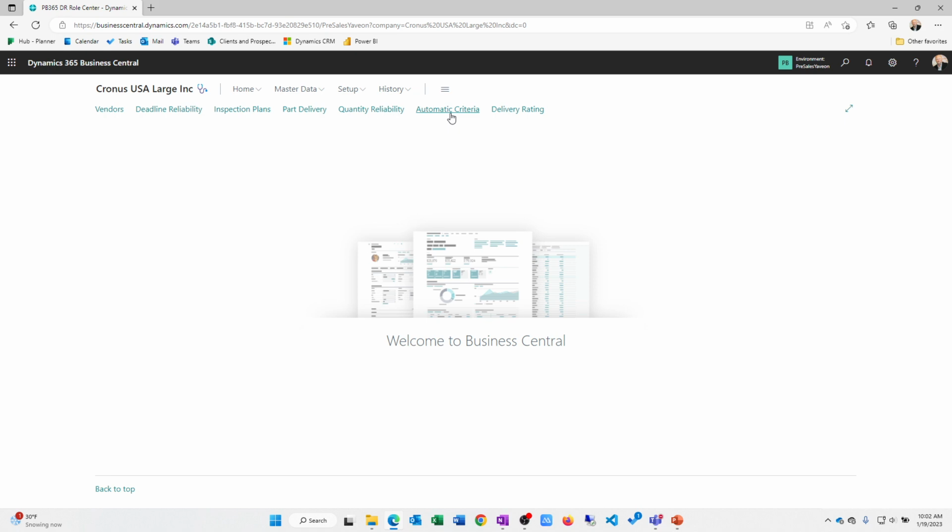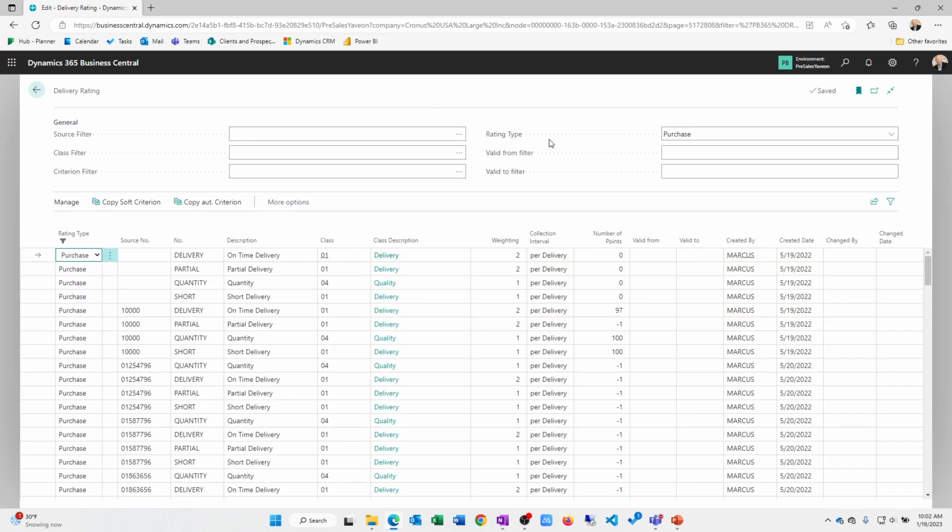So if I wanted to run it every month, every week, I can also manually execute a delivery rating. All right, one more level of nuance if you want to. What this allows you to do is to actually split or adjust the weight, the collection interval, the number of points, etc., by vendor group, customer, or customer group if you wanted to. So even further nuances if I've got stricter criteria or more relaxed criteria for, again, specific instances, I can set